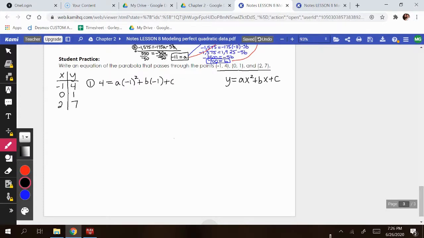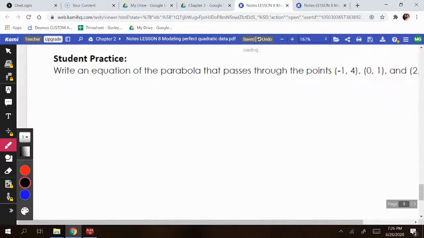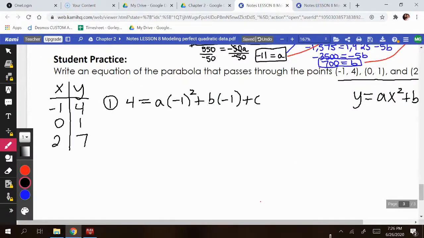So if I simplify equation 1, what would that end up looking like? We would get y equals, what's negative 1 squared? That's going to be a positive 1a, and then b times negative 1 is minus b. We have plus c. Okay, let's do the same thing for equation 2. I'm plugging in